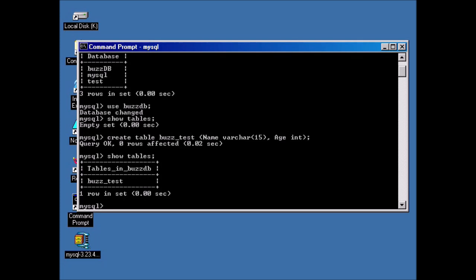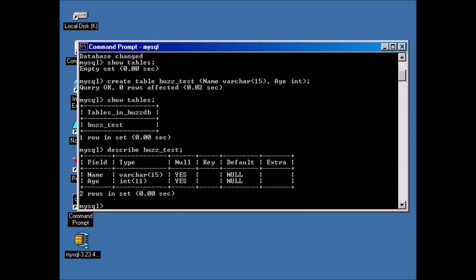Now, one of the things that you will find very useful is the ability to actually go back in later and get a table described back to you. In other words, let's say it is a lengthy table that has maybe 20 some odd fields in it, and you don't remember how many characters a particular field had, etc. You can come back into a particular database and simply say describe, and then give it the actual table name. So we can say buzz_test, terminator, hit enter,